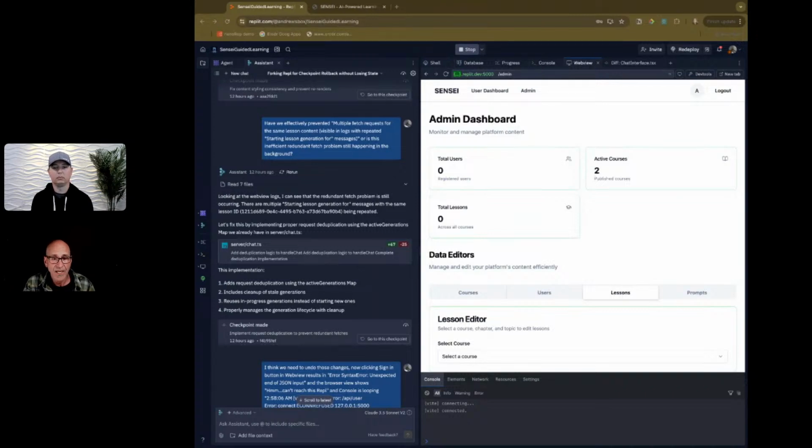In the back end here, you're looking at an admin screen where I have data editors where I can manage all of the components of those lessons and the prompts that are being sent to the OpenAI API. And that back end is also connected to the database,